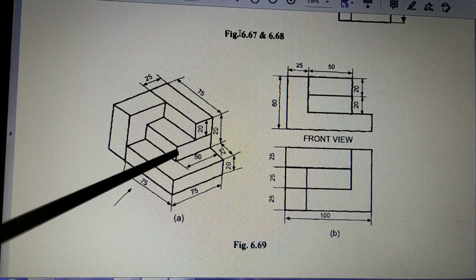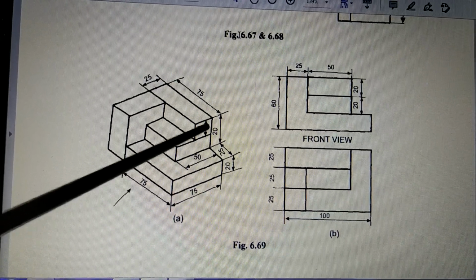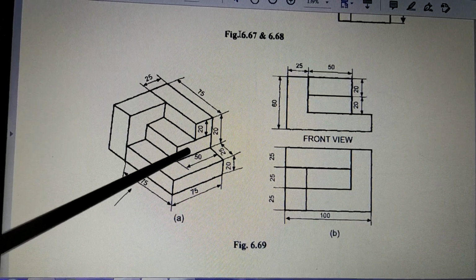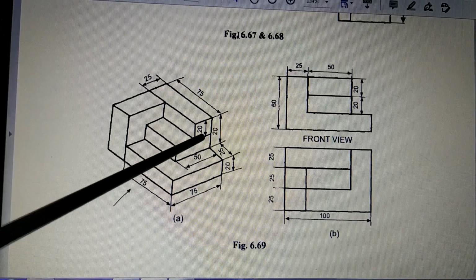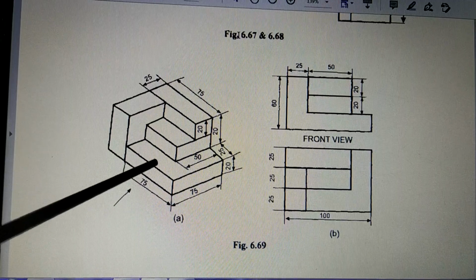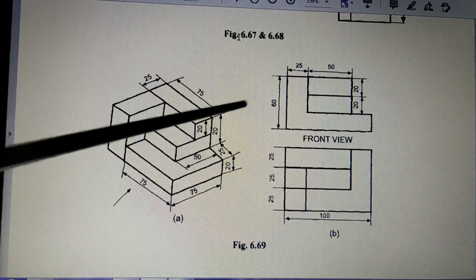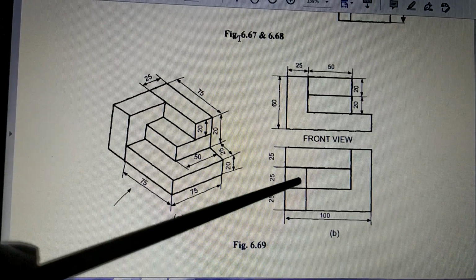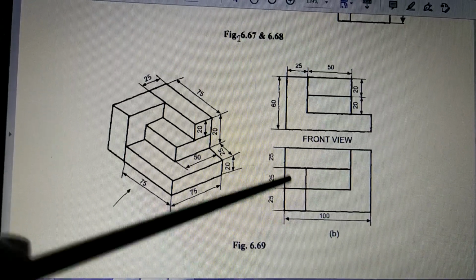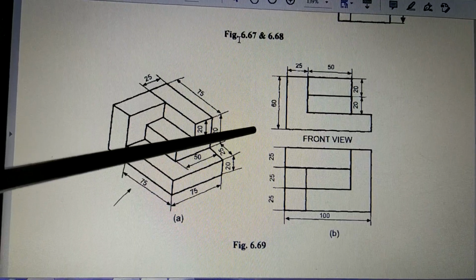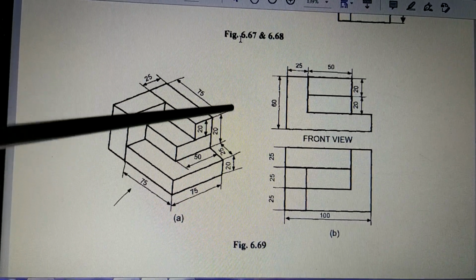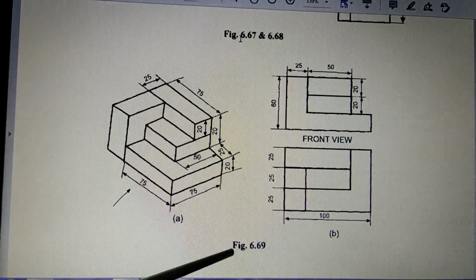You will see this rectangle, you will see this rectangle L shape. Again, this is a wrong line. You can see this as a complete single surface, no line. And then this surface you will see, this surface. So think over and draw this, making use of construction lines coming from here and coming from here. These lines you may draw or you may just draw by measurement. So you complete this right hand side view drawn on the left side for this figure.